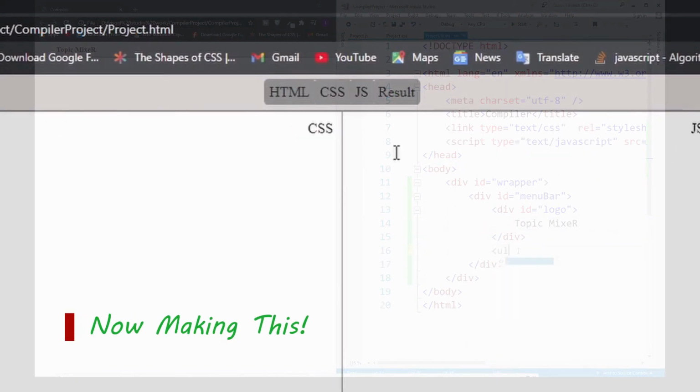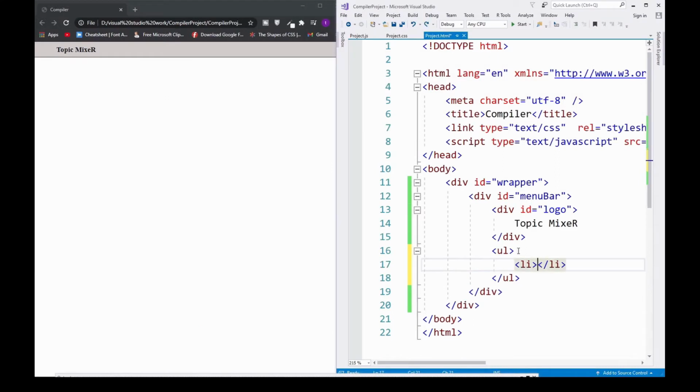For the HTML, CSS, JavaScript insert option using UL and li for this.